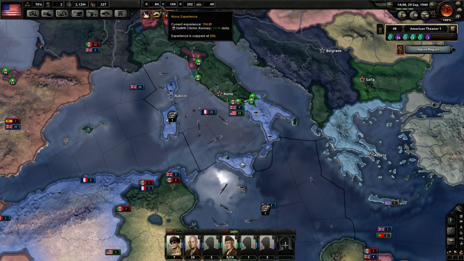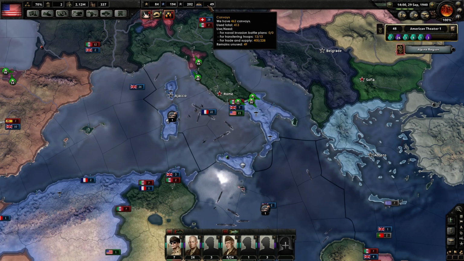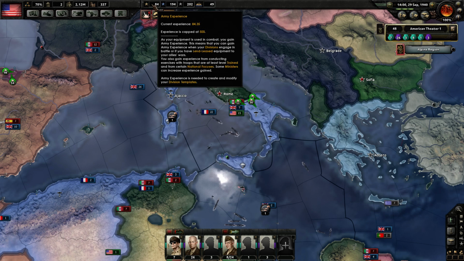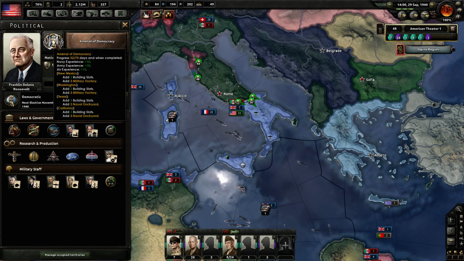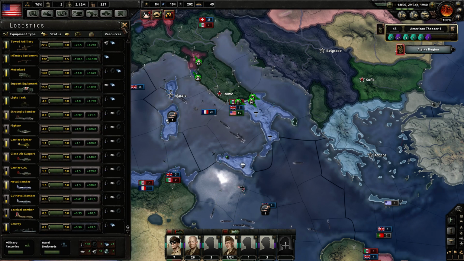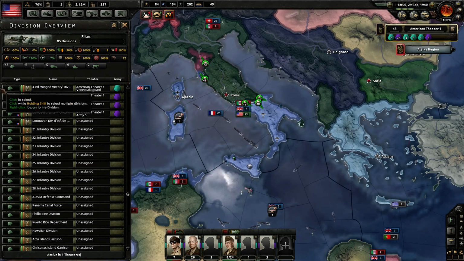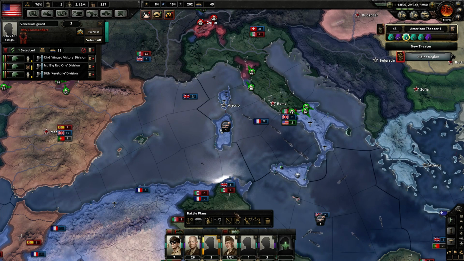And these are different experience points. You get Army experience, Navy experience, air experience. You get these from events, from doctrines, and also from just fighting, right? So Army experience can be used in a pretty cool way. You can actually design the kind of, let's see where this is here. Let's take a look at one of my